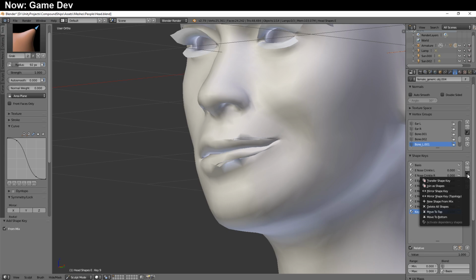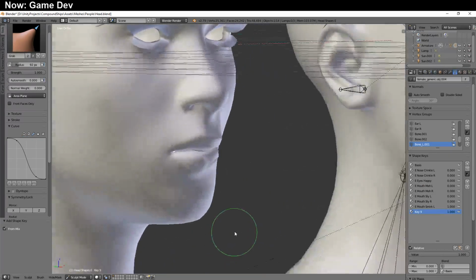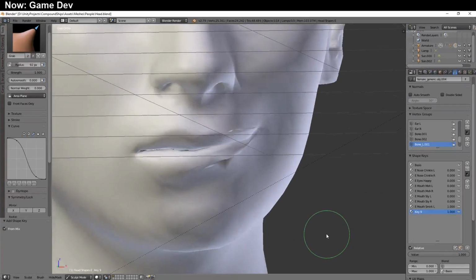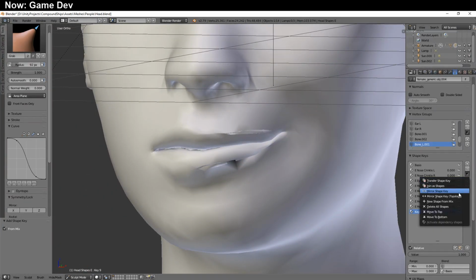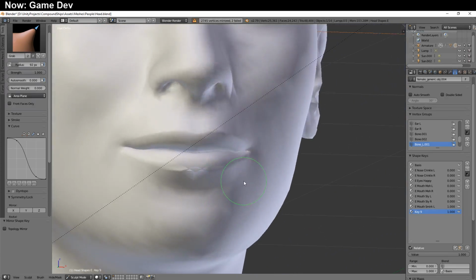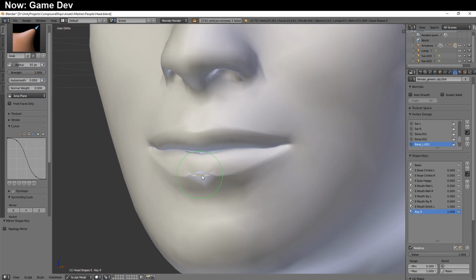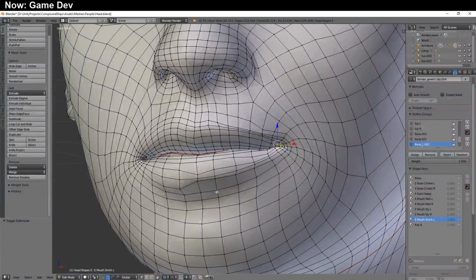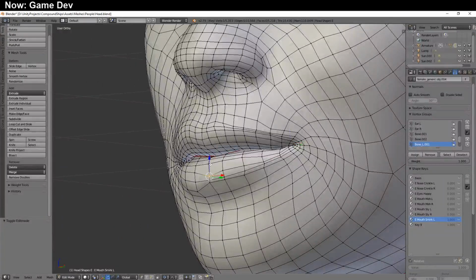Beautiful, lovely. You can learn a lot about what you've done to your mesh by looking at the doubled shape key. We're not going to keep it doubled though. We're going to flip it. Okay, so here you can see we do have a little bit of damage where the lip was tightened up incorrectly in the middle there. So we're going to undamage that, which we're going to do in here. You can see that we left this piece really out of the mix. So we're just going to bring that